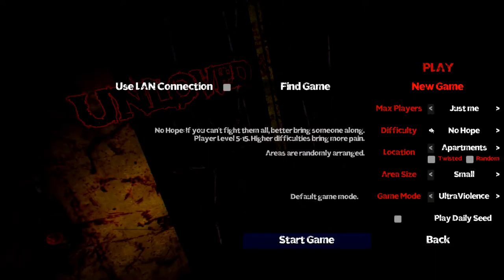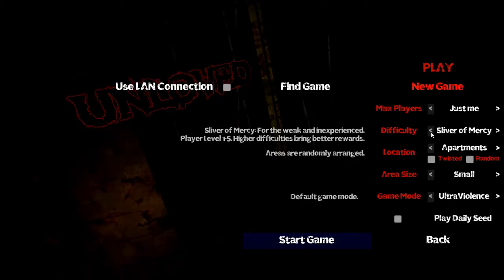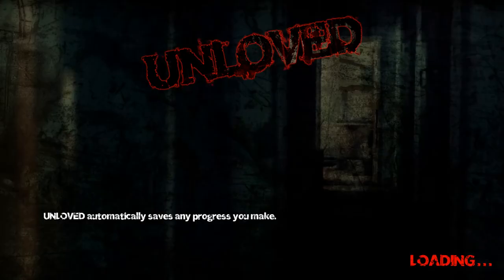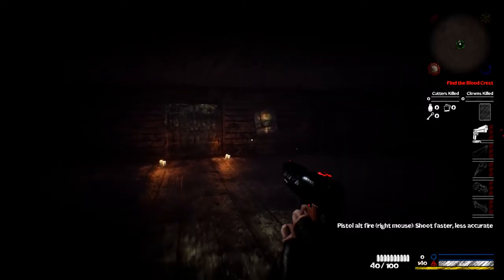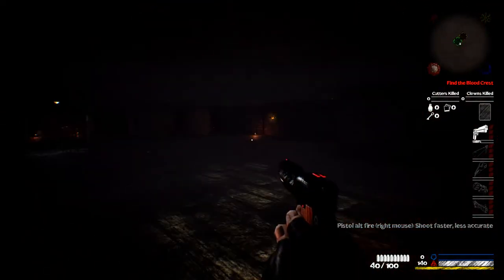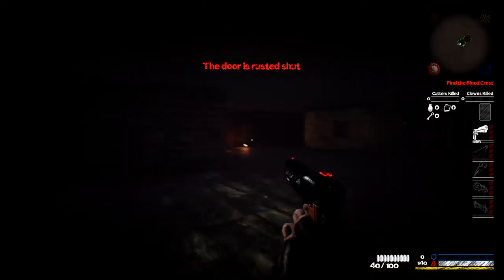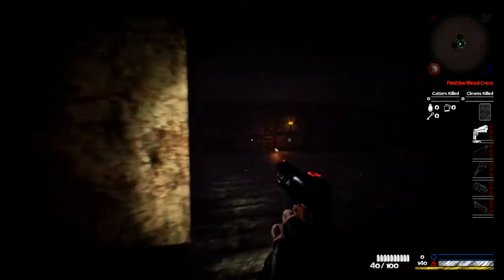We'll just do another game, but we'll kind of dial down the difficulty a little bit. We'll do Twisted again. That was fairly interesting. We'll just do the same game mode. Alright. Just to kind of show off how different things are when you play it more than once. So that's Rusted Shut. You see your little map up there kind of gives you hints as to...